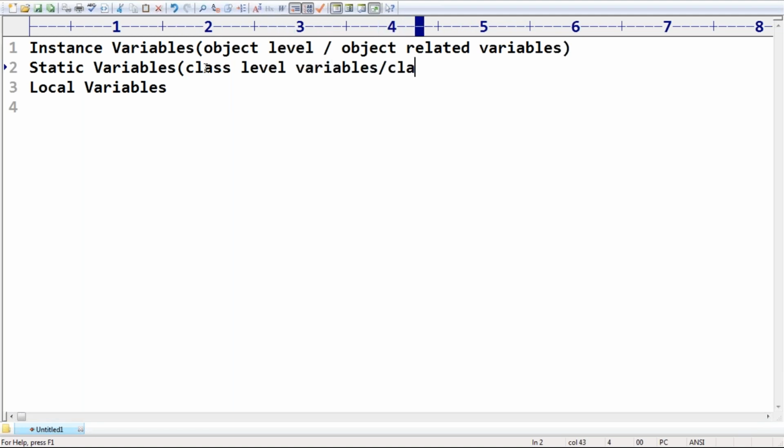Just observe the words; later we will discuss in detail. Next, local variables are method level variables, right? Whether you got the remaining two or not is not required to worry about, but